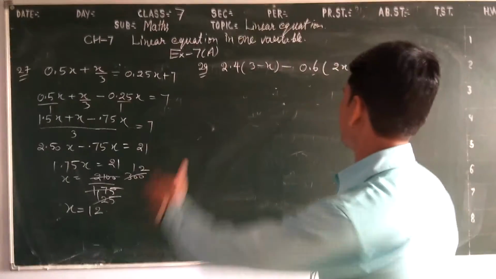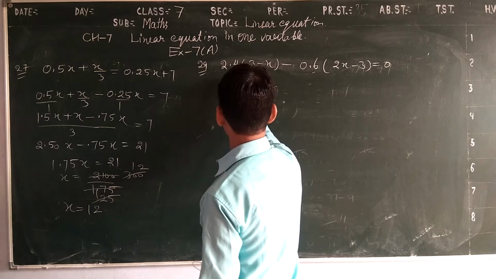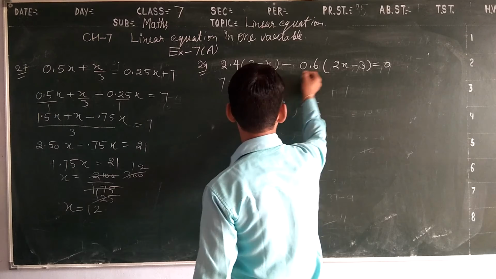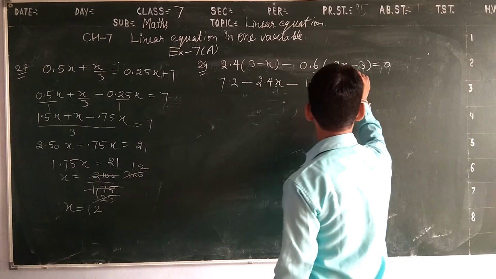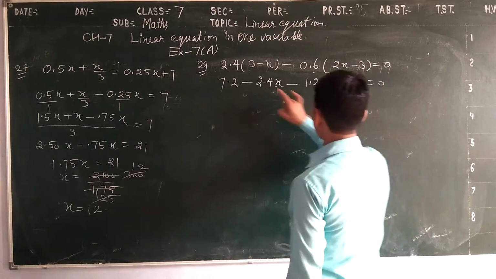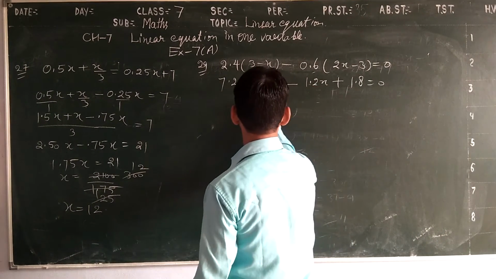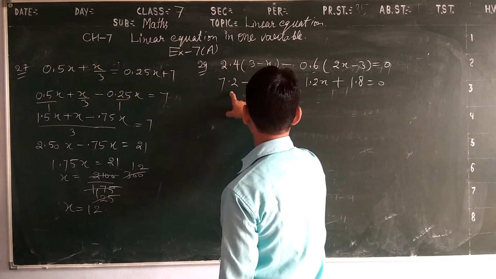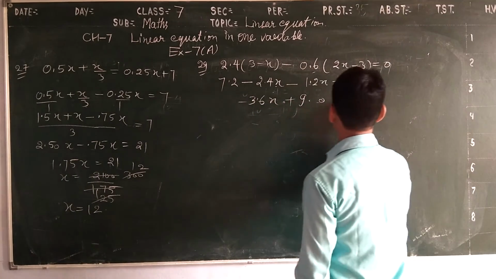So first of all, we will multiply. 24 3s are 3 4s are 12 and carry 1, 3 2s are 6 or 1 is 7, minus 2.4x as it is. Here 6 2s are 12x, and plus 6 3s are 18, equals to 0. So this is 2.4 and this is 1.2, so both are minus, so we add: 4 to 6 is 2 and 1 3, minus x, and 72 and 18 we add, 90, meaning 9.0.